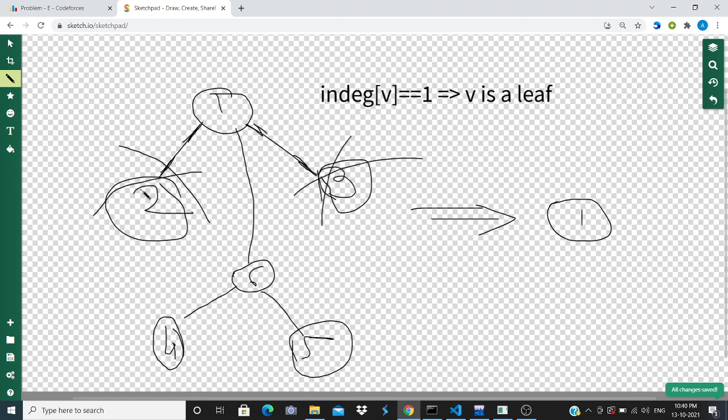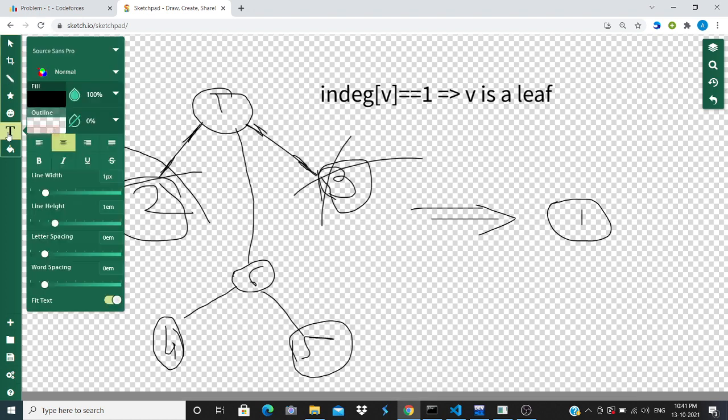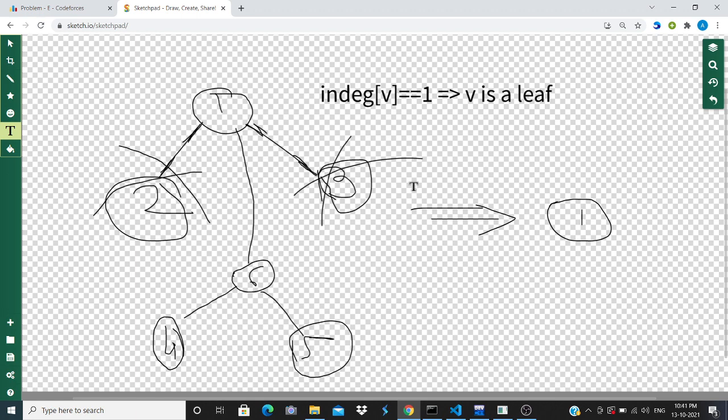If we see that, we can clearly see that the vertices 2, 3, 4 and 5 are the leaf vertices. So their in degrees are all 1. After applying this operation one time, we will simply remove them. First of all, we will keep all of these vertices, like 2, 3, 4, 5, in some vector, or you can say queue q. So we have some q, and we push all of these vertices: 2, then 3, then 4, and then 5.